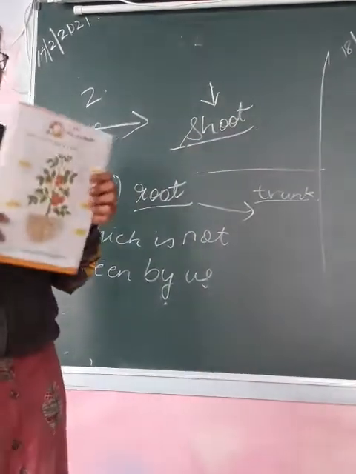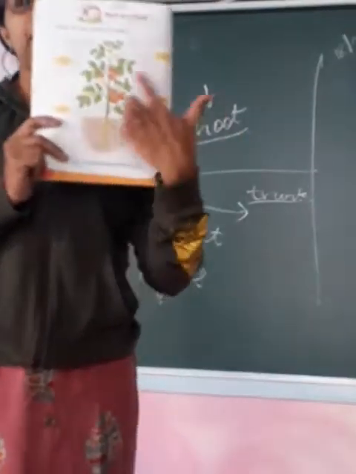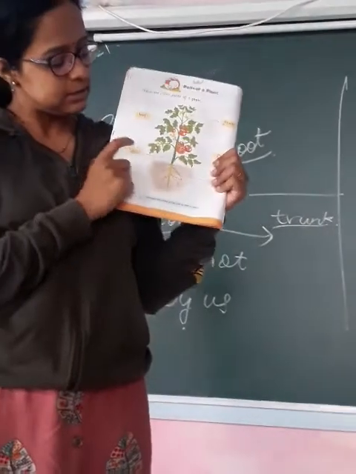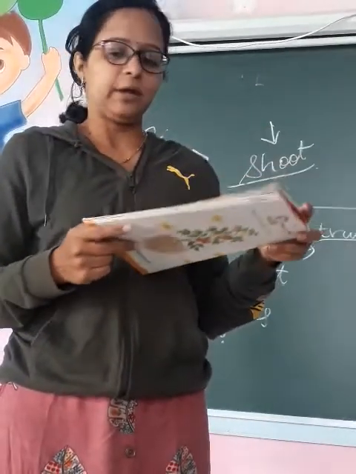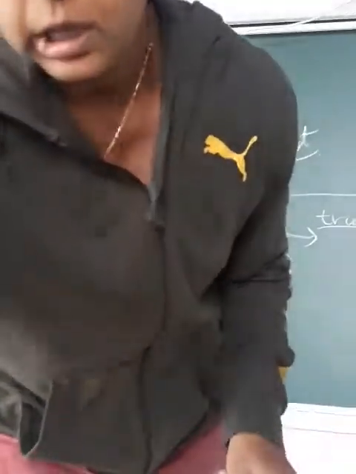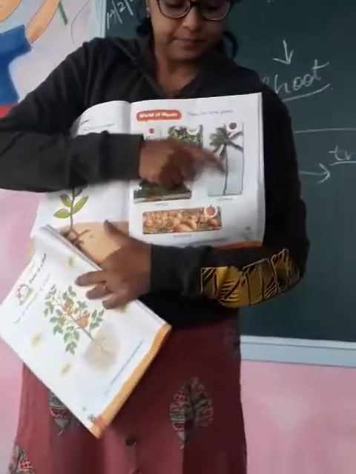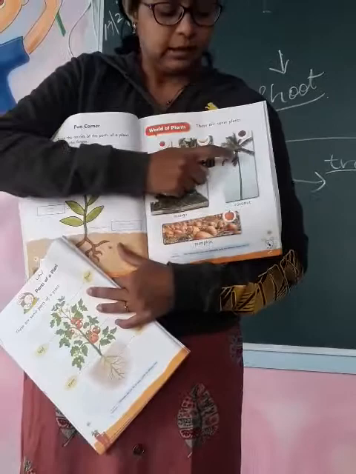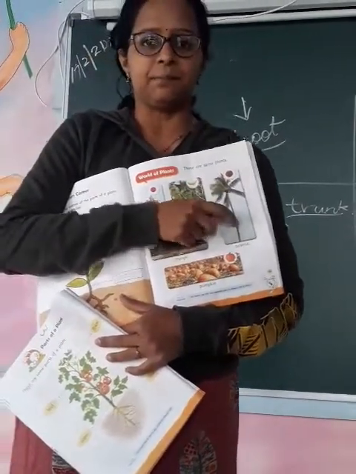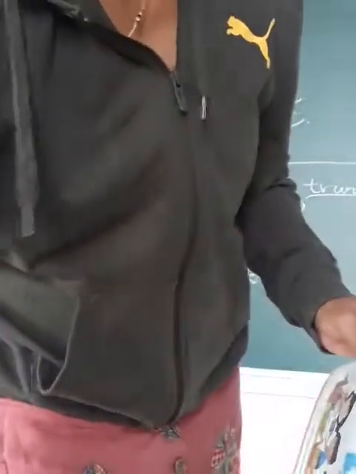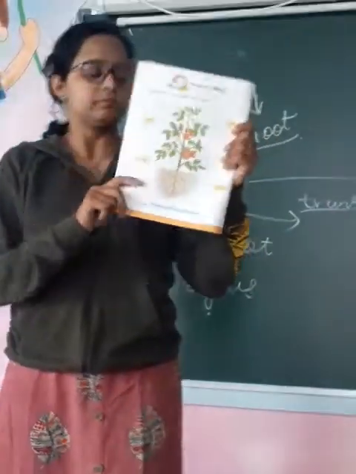When this small plant grows into a big tree, like the mango tree, banana tree, instead of calling that stick a stem, we call it as trunk. Okay. So we'll read out. Now it is a small plant. So what do we call it as? Stem. This line will be called stem. And when it grows into a big tree like this, any big tree, this stick will be called trunk instead of stem.